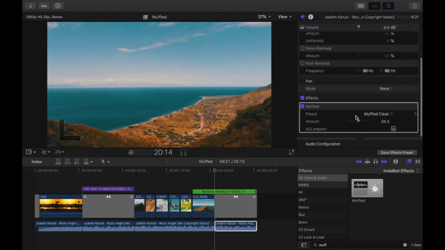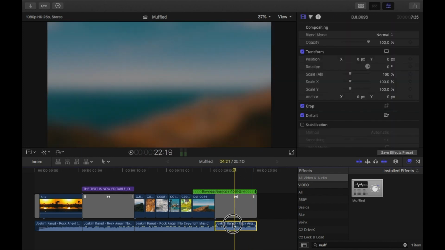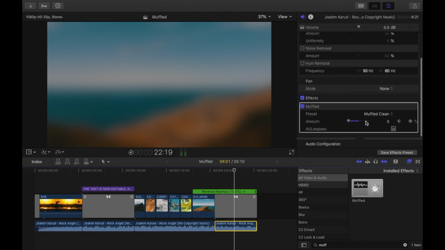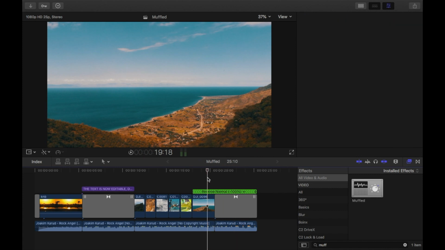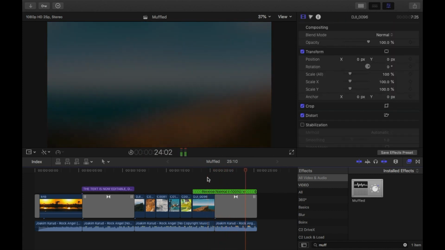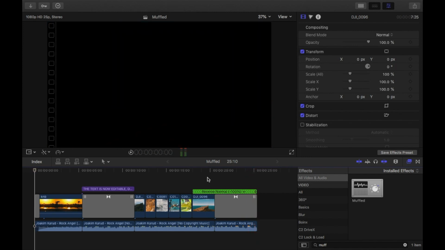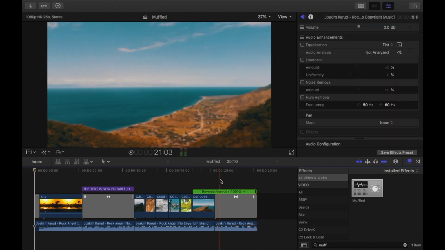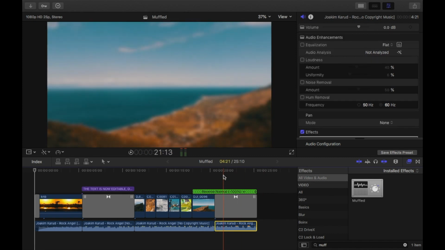You can see it here. And I'm going to start off with 0. I'll add a keyframe. And then I'll come about halfway, and I'll bring it up to about 80 or 90. That brings it into a real nice deep muffled effect. You'll see what I mean if I play it back. So that's pretty cool. So yeah, you can play around with the keyframes with that, and with different intros, outros,